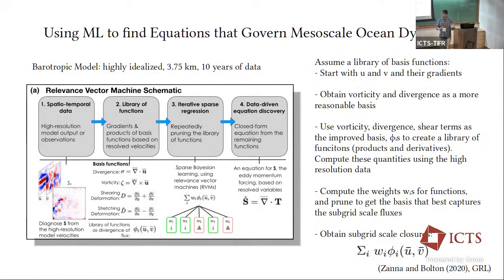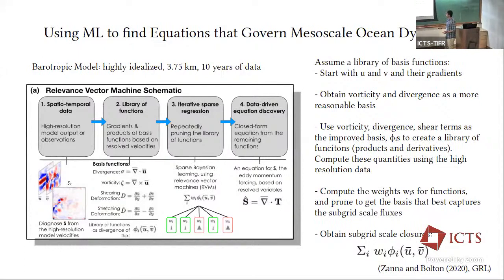that the weights for Ux and Vy were probably similar, and the weights for Vx and minus Uy were probably similar. So that gives you an idea that vorticity and divergence probably work better as your basis functions. So once you do that, this forms your basis function, and then you create a whole library of functions using all these variations of these four basis functions. So I don't know how many functions they have,